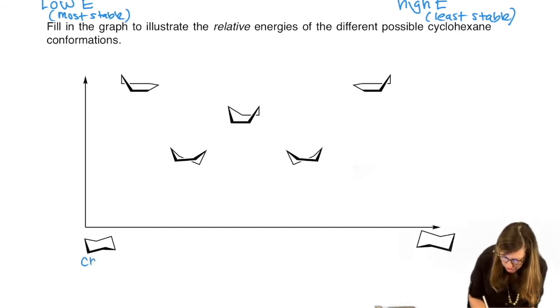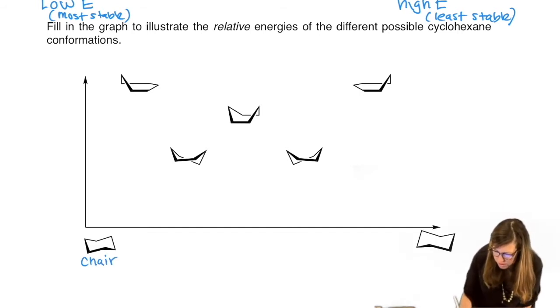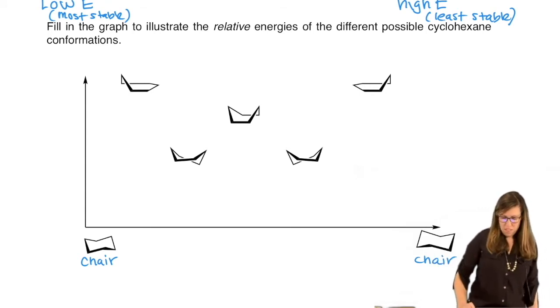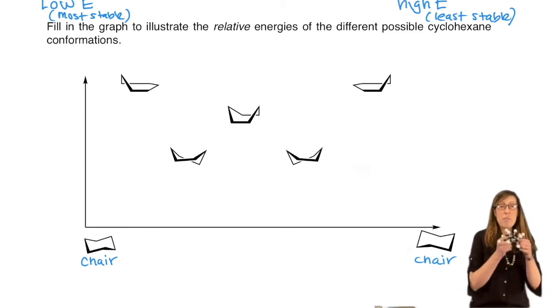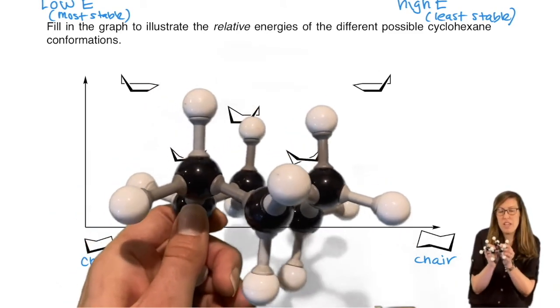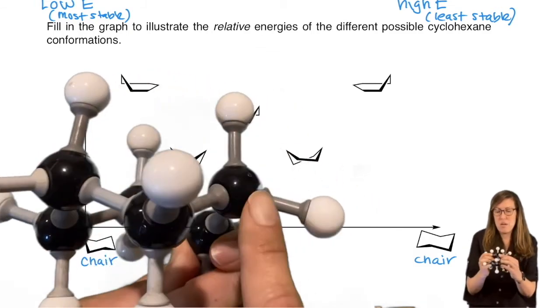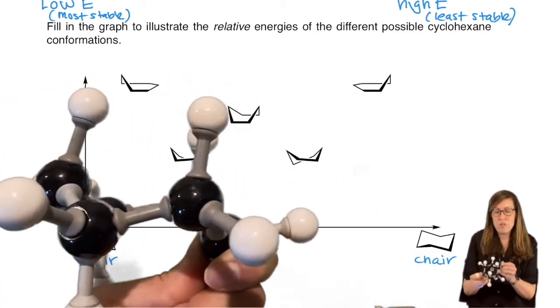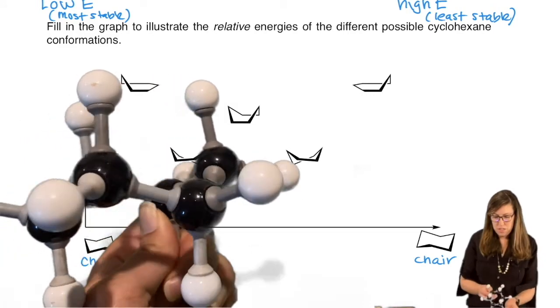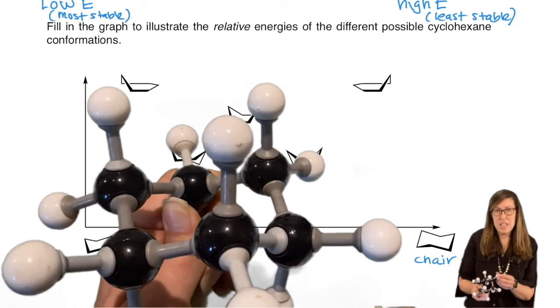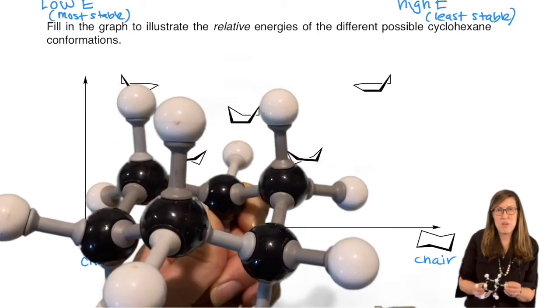So this is a chair. And look at this chair. It's the mirror image of that chair. It's the other chair. Why are there 2 chairs? Go ahead and make a chair in your model. Alternate up, down, up, down, up, down. When you do that, you will see that nice conformation that allows in and out of the plane to accommodate those 109.5 bond angles.